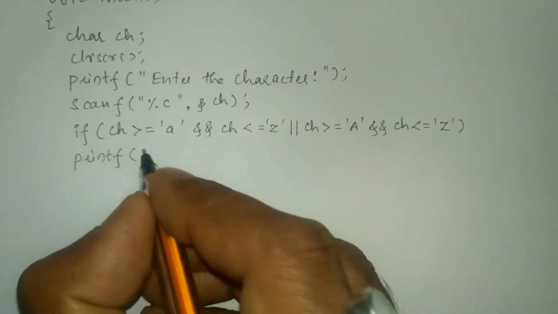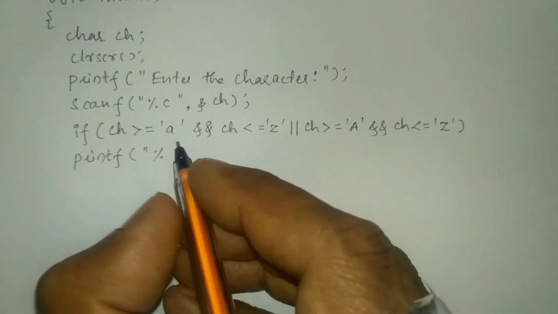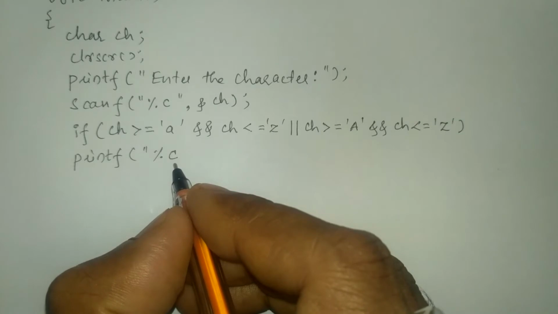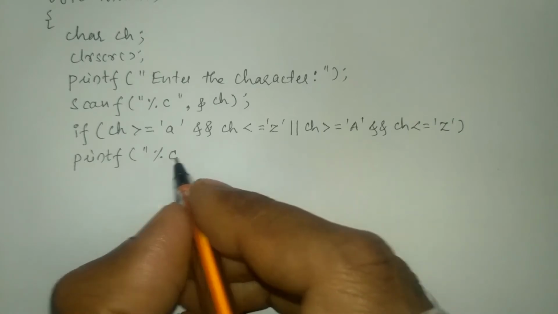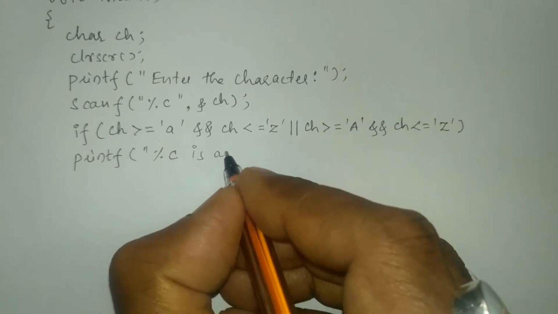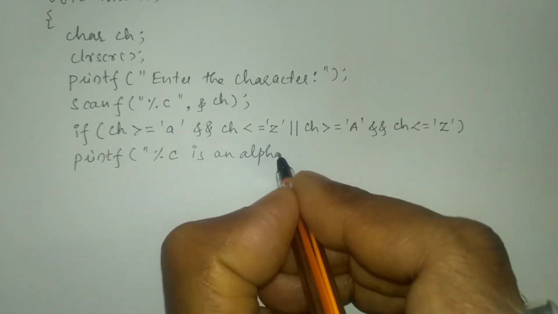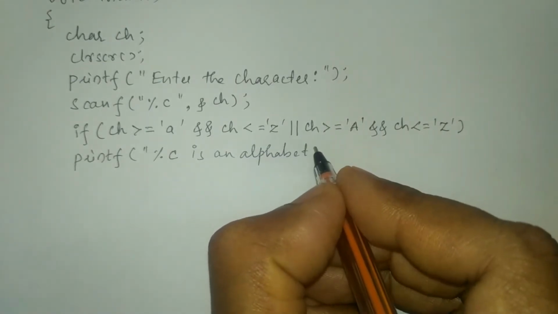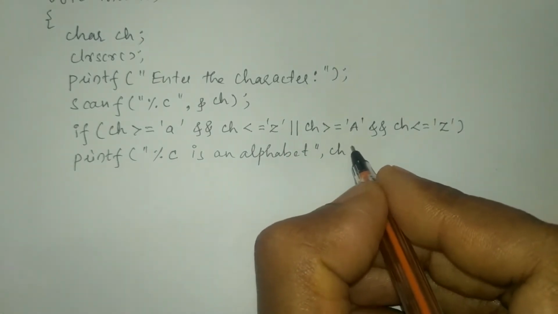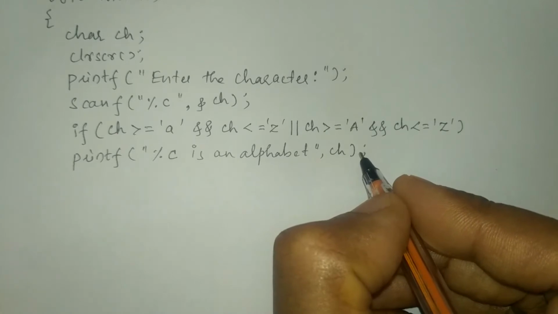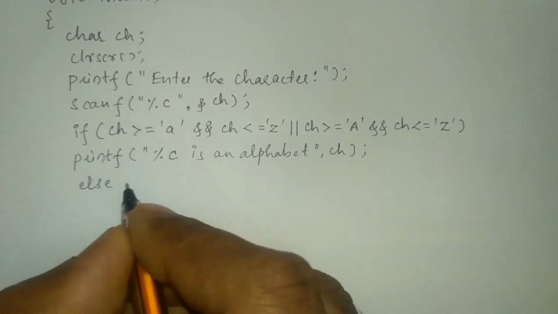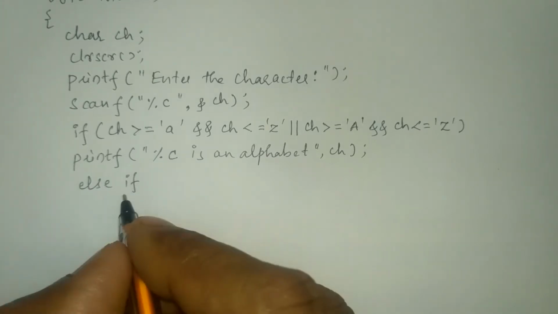Here in double quotation marks I'm going to write %c. Whatever character you have entered will be printed over here. So "%c is an alphabet". End the double quotation mark, put a comma, and for this format specifier we have to write ch, close the brace, put a semicolon. If it is not an alphabet, then we are going to check one more condition using else